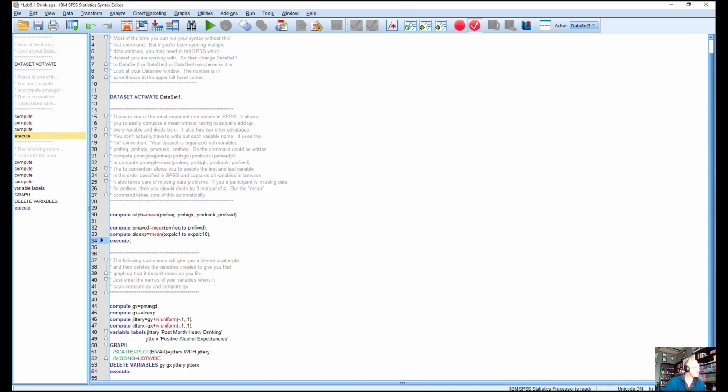I've written code here for basically adding a small random number. Notice here this RV, that's a random number from what's called a uniform distribution. In other words, the random numbers are kind of equally distributed between a -1 and a +1, as opposed to, say, a normal distribution.